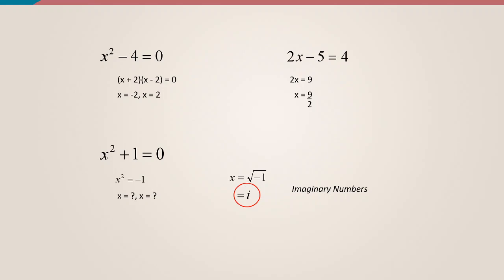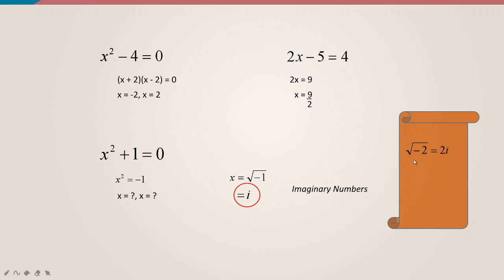So I can go to infinite numbers. Now, that is also not an issue. Why? Because root of minus 2, I can write it as root of 2 into root of minus 1. Root 2 into root minus 1 is root of minus 2, and root of minus 1 is i, so root